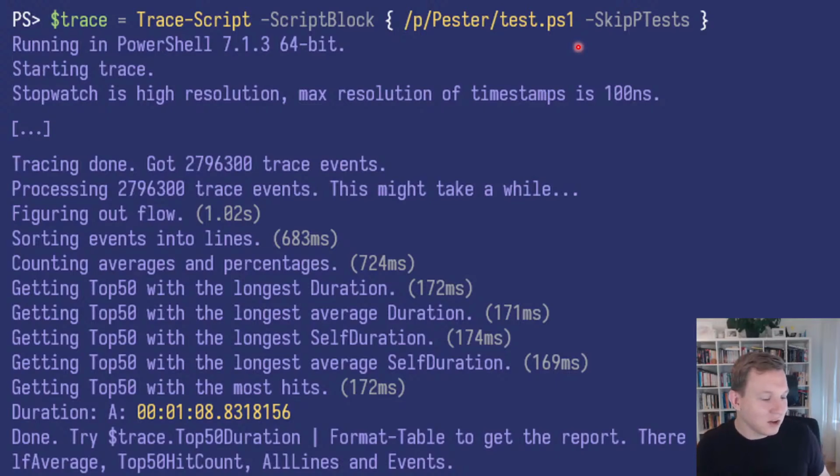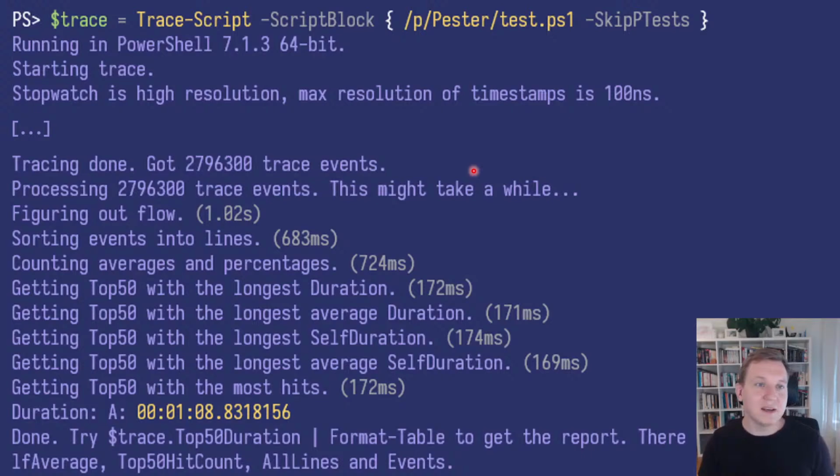Even though this is not a talk about Pester, I'm still using Pester for some of the examples, because it's a big payload and a very complex module, so I'm using it to make sure that Profiler would work for your workload as well, because your script might be way more complex than mine, or maybe way simpler, but Pester is still a significant workload for Profiler, so it's really nice to know that Profiler can work with it. So this is where all the output would be, and then we are done tracing, and we collected